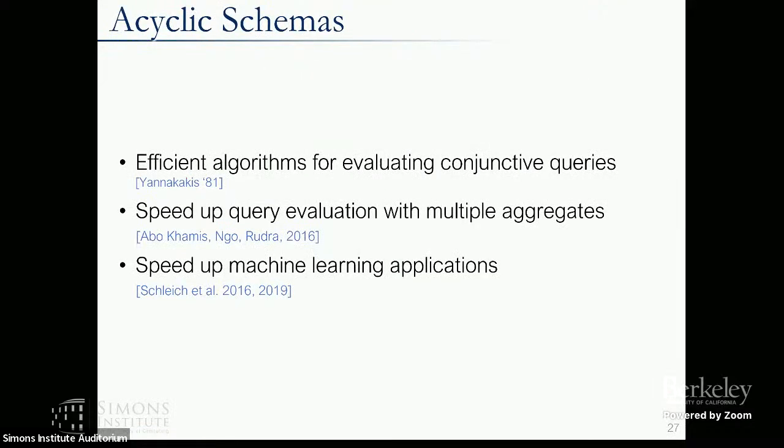Okay, and why are these important? So in the database community, it is quite well known that if the query has this tree-like structure, then you have an efficient algorithm for evaluating queries. This is the famous algorithm by Yannakakis from '81. More recently, it has been shown that